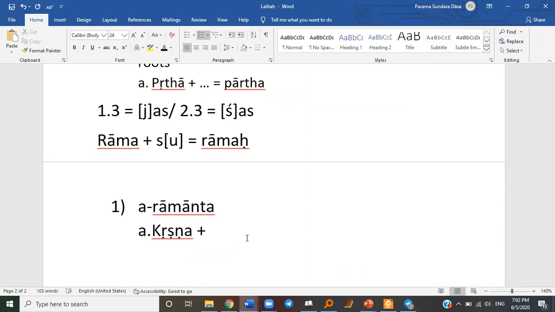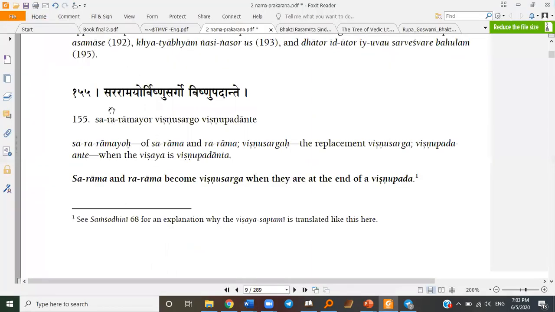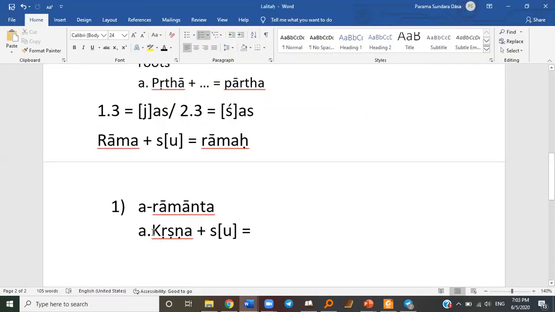First of all, we'll apply su and we'll make a form, then o, then jas, one by one. And so, for making these Vishnu padas, there are some rules how to make them. So firstly we start with Krishna, because in the Sarveshwaras, the very first vowel is a. So Jiva Goswami starts with a Ramanta, and then he will go for a Ramanta, then e Ramanta, and so on.